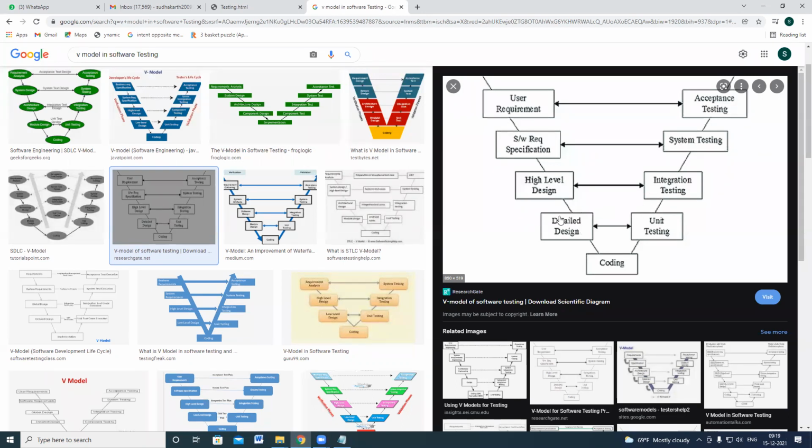And detailed design: how the independent components are working, and after integrating, how they are working. In system testing, we will check how the system is responding. If the application is connecting, in terms of functional and in terms of performance, we will test it. Once the coding has been developed, all these activities will be performed. So this is called the V model.